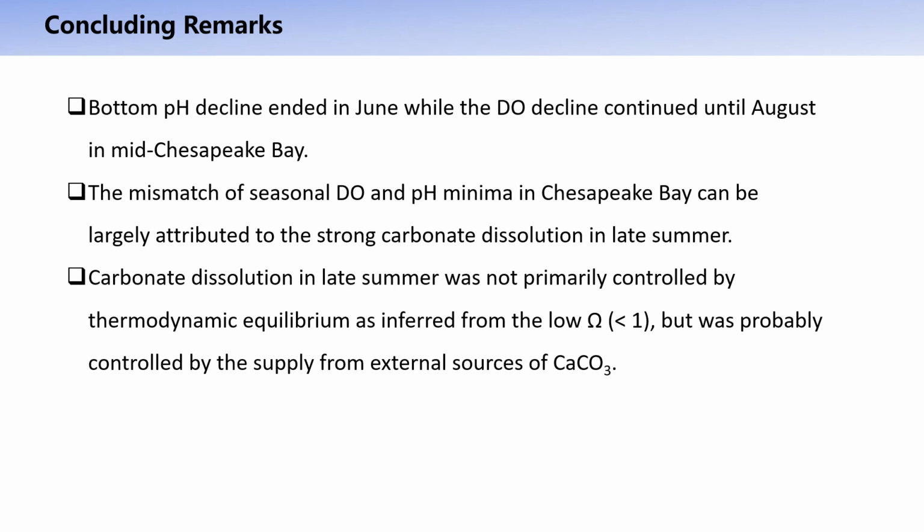Finally, we can draw some take-home messages, including: first, the bottom DO and pH reach their minima in August and June, respectively, in mid-Chesapeake Bay. Second, the mismatch of seasonal DO and pH minima in Chesapeake Bay is mainly caused by strong carbonate dissolution in late summer. Third, carbonate dissolution in late summer was not primarily controlled by thermodynamic equilibrium, but was probably controlled by the supply from external sources of calcium carbonate